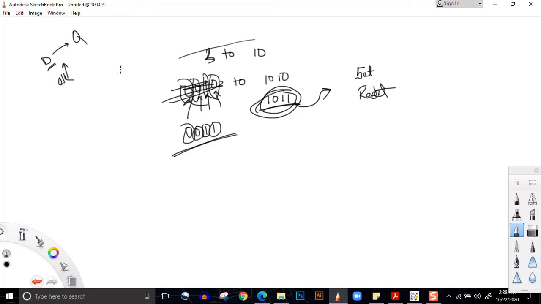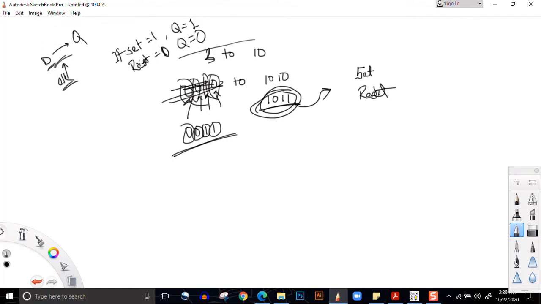So we want this operation, but what we want to do is, if set is equal to 1, it will turn Q equal to 1 at the positive edge of the clock. And again, if reset is equal to 0, it will turn Q equal to 0 at the positive